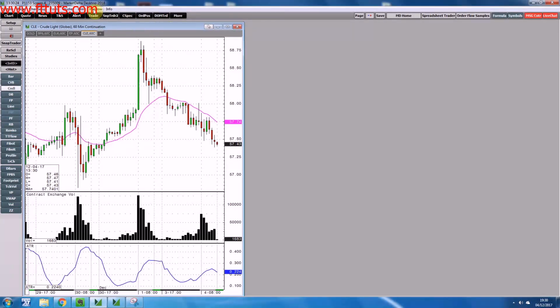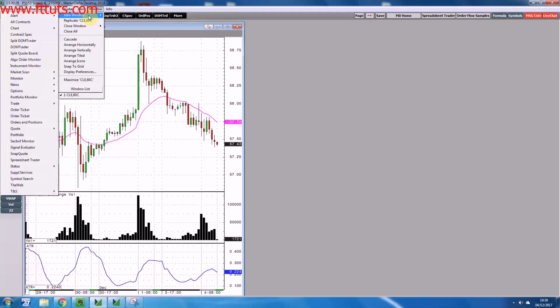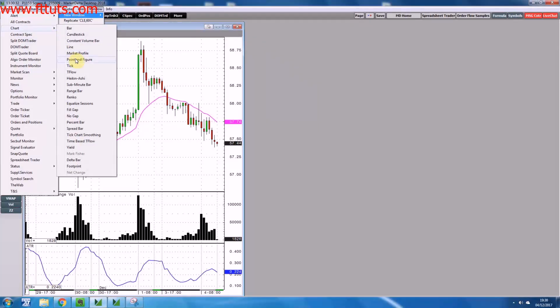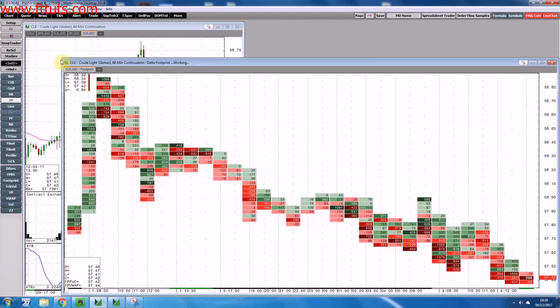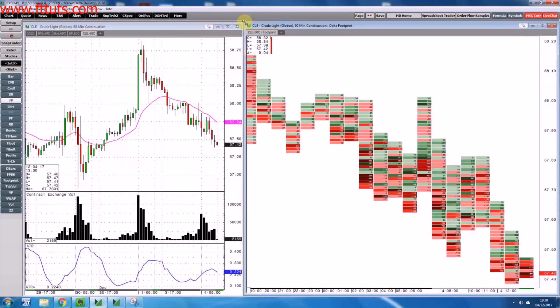So again, we come up to Window. Again, we go to New Window. And this time, we're going to select a footprint chart. So we go to Charts, and we come down to the footprint. There we go, at the bottom. Okay. So what you can see now, again, note, obviously, the charting platform gives you a default setting for the